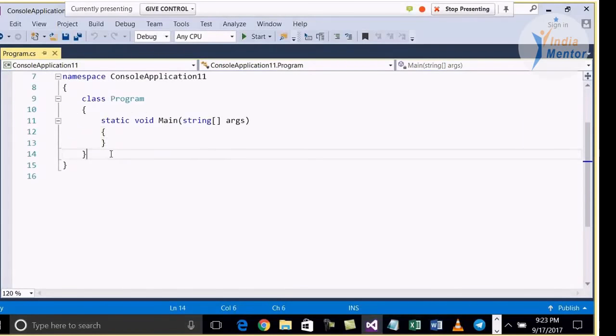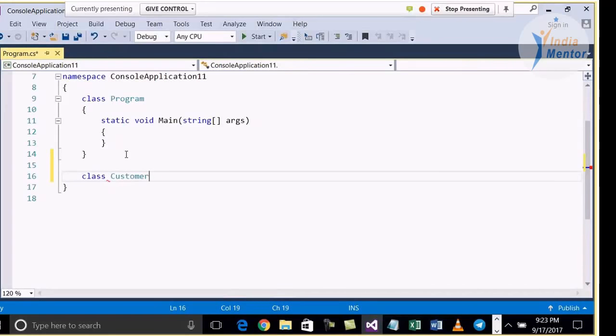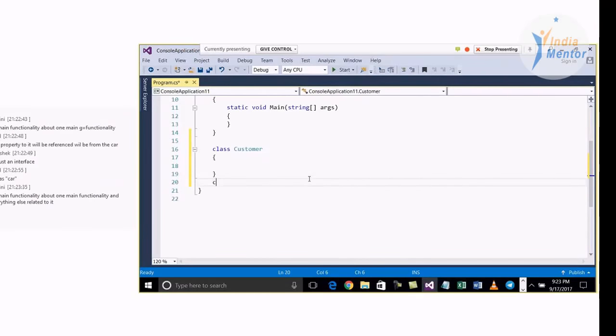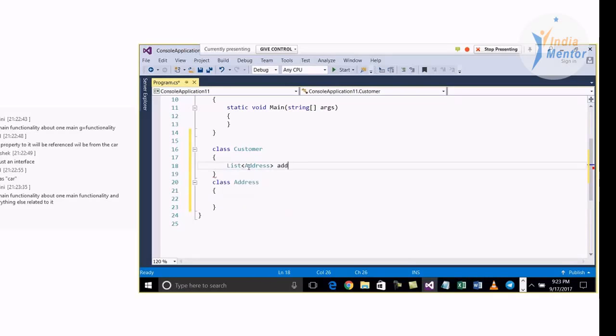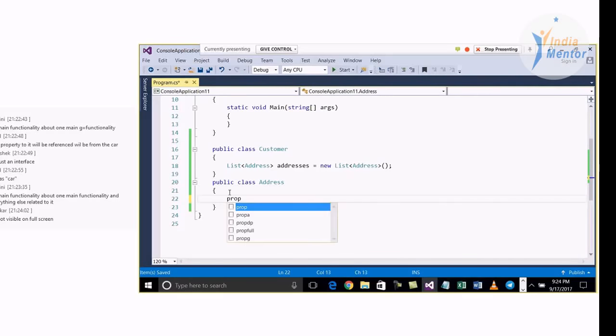So now look at this. I have a class customer. One customer has multiple, let's say, addresses. So class address. Inside this customer, I will have a list of address. One-to-many relationship, right? So you can see that I'm saying here addresses, new list of address. I have one customer, and one customer has multiple addresses,